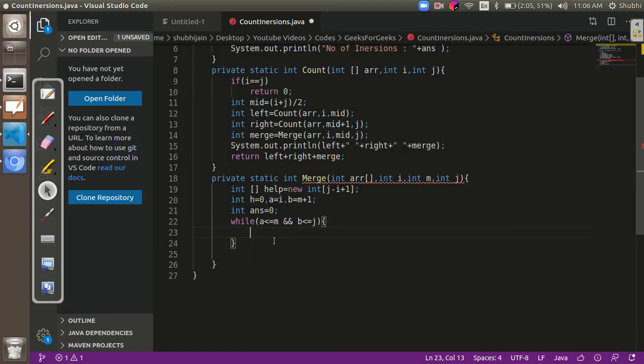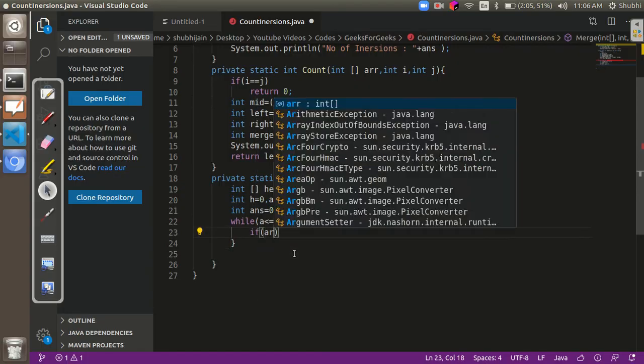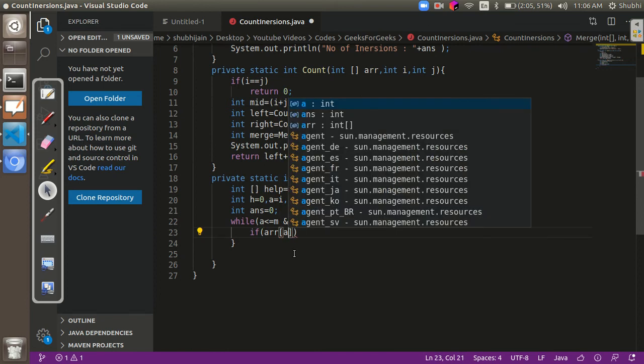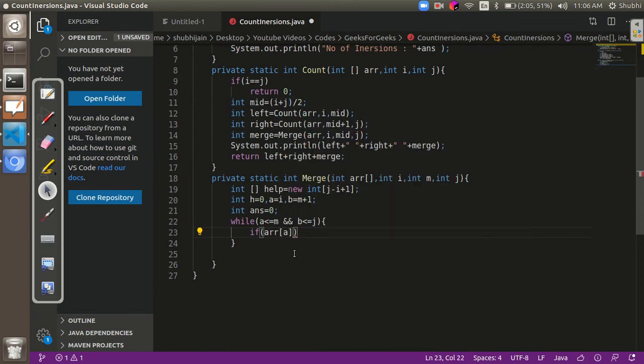Now over here we'll check if the element present at the A index is greater than the element present at the B index. This means that there will be an inversion because the index A is on the left part and the index B is on the right part. So over here I'll have to add the number of inversions.